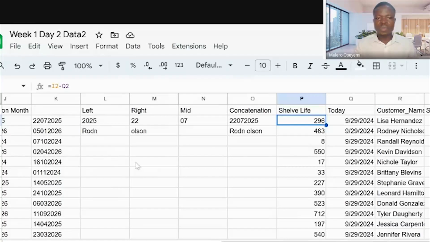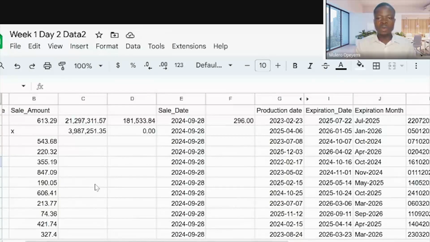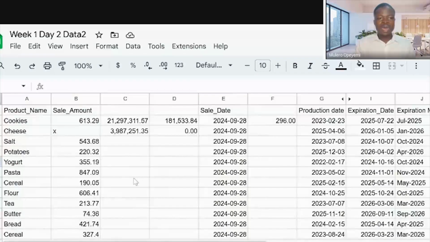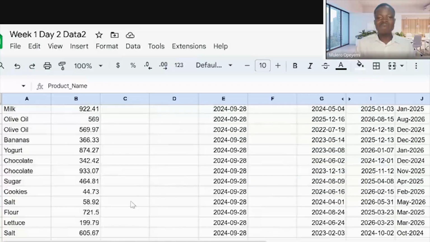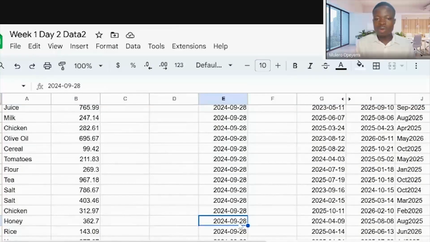And also, we'll dive into this too. If I'm scrolling down, because you need to have a way of making life easy for yourself, you can see that everything is going down. There's a way I can also fix the header such that as I'm scrolling, the header will remain. The implication of that is that if there's an error somewhere, I want to trace the error, and I'm not really sure what column this is. But by fixing the header, I'll be seeing the header as I'm scrolling. So I can really see that, okay, the error is under so and so column, then I can do the needful. So that's just it.